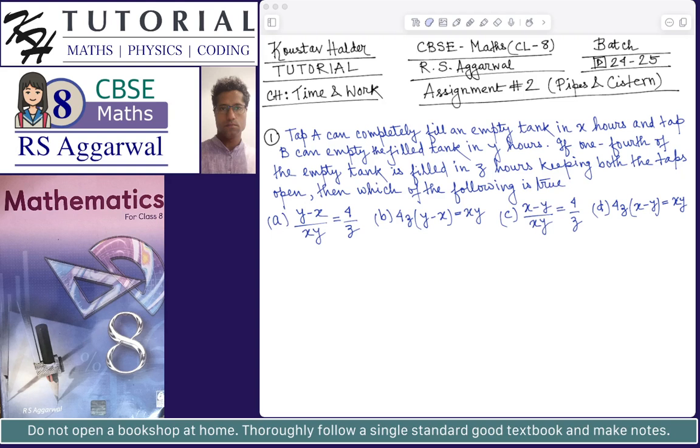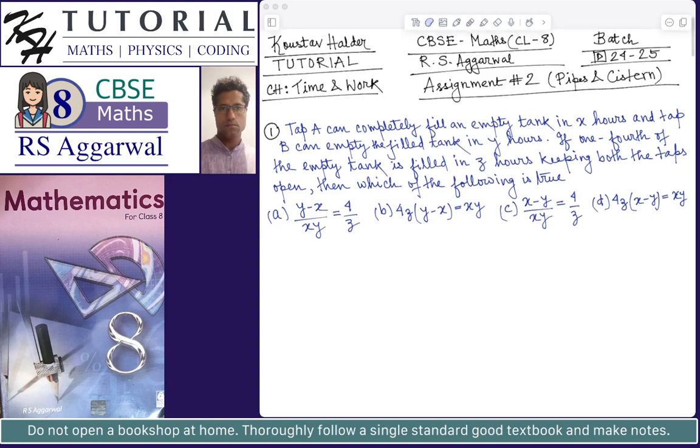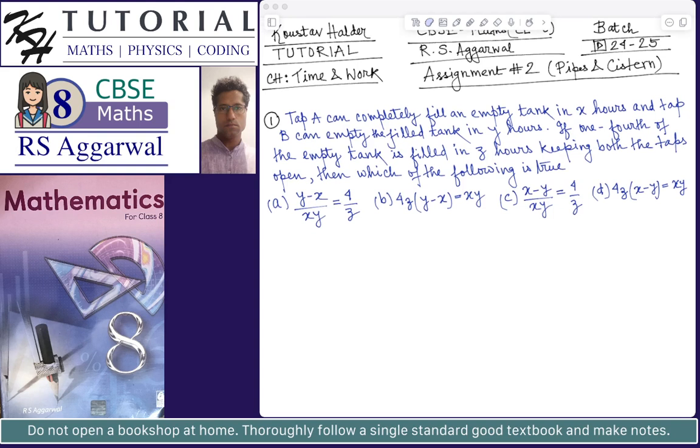Since it is given that 1/4 of the empty tank is filled in Z hours, it means that eventually the tank will be filled up, which means that the work done by A has to be more than work done by B. Okay. Now, so work done